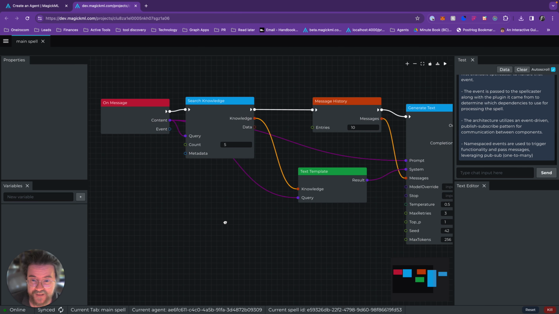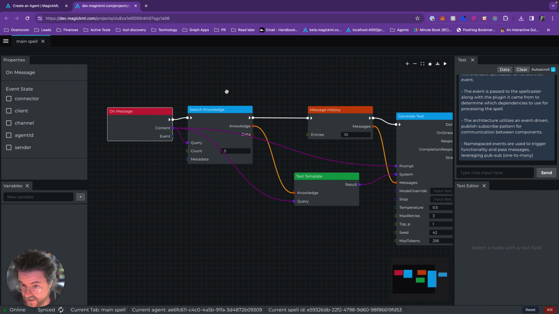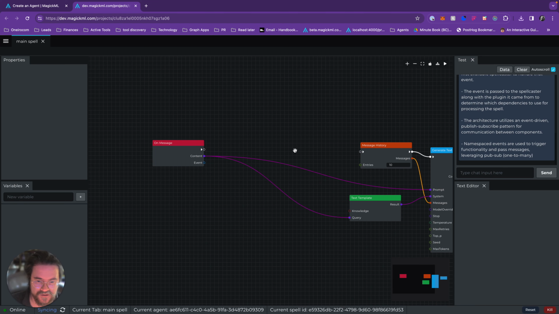But in the meantime, the biggest flaw in this system right now, in my mind, is that we're just utilizing whatever the query is, the thing that the person said to the bot, in order to pull in its information. Right? We're just directly querying from this. And this isn't great. It's only going to get us mediocre results, probably. So what I would do in this particular case is I'm going to drop this search knowledge node